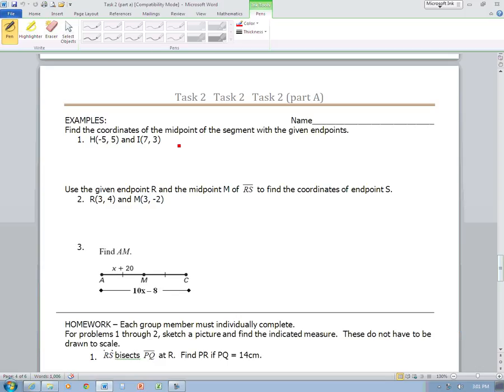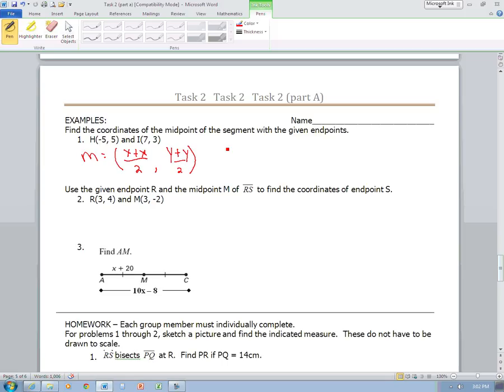Okay, so we are going to find the coordinate of the midpoint, and so let's write down our midpoint formula. You're going to take the average of the x's, so add up the x plus the x, and divide by 2. And then the y plus the y, and divide that by 2. Okay, so don't forget, this is the x, this is the y, this is the x, and this is the